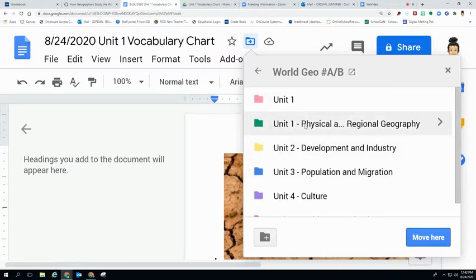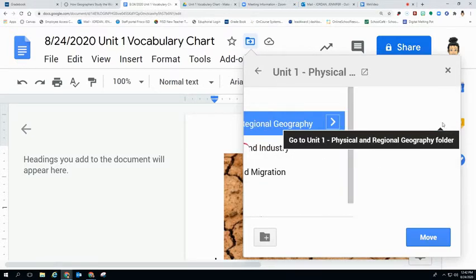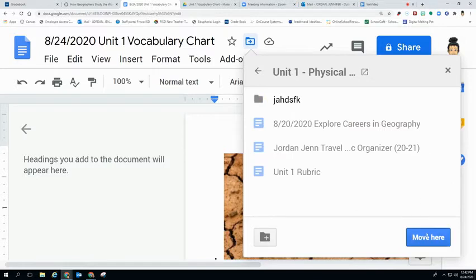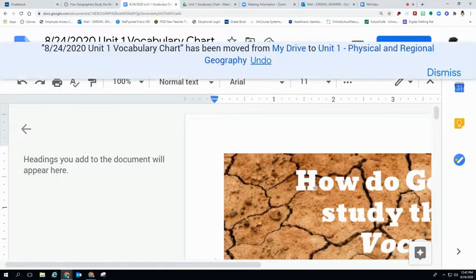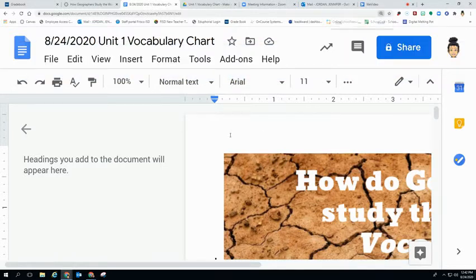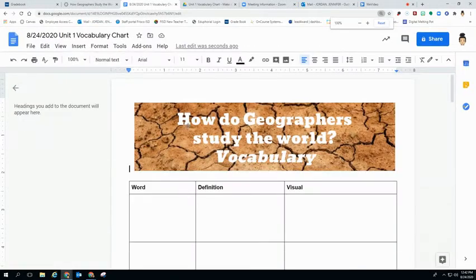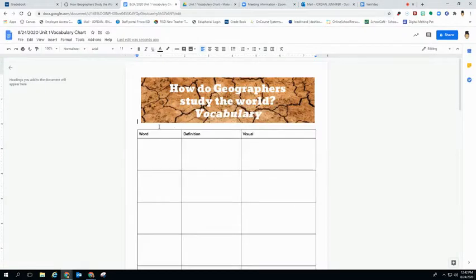I have created folders for each unit, so move it into the unit. Move here. All right, and it'll tell me where I moved it to. I'm just going to dismiss this and make this a little bit smaller again. All right, so make sure that you have saved that into your specific folder,